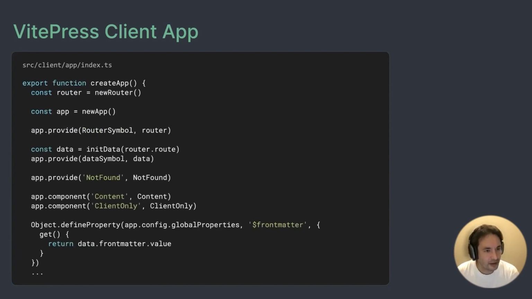However, the app contents that we're mounting has VitePress specific features, and it looks like this. It's creating a client-side router, adding default components such as not found component. It's injecting some VitePress specific data to the child components and such. But from here, because we've done all heavy lifting on Vite side, on server side, this is just a simple